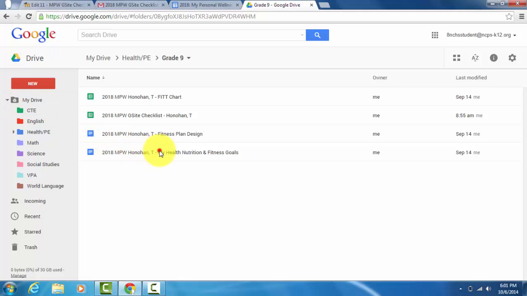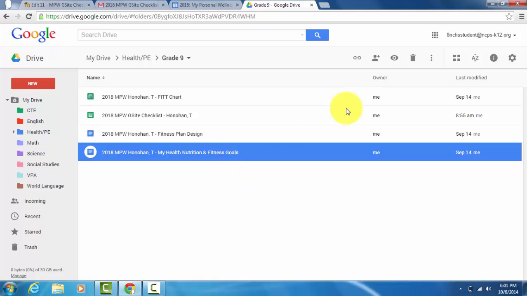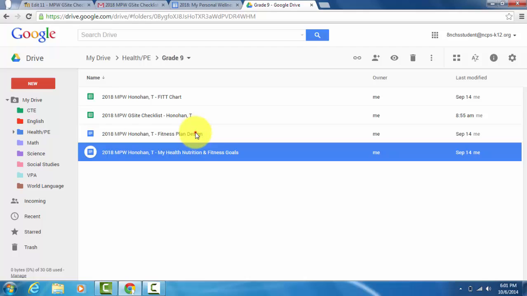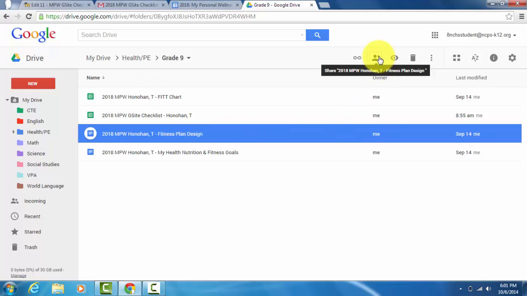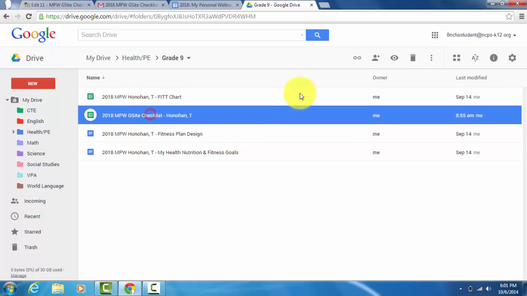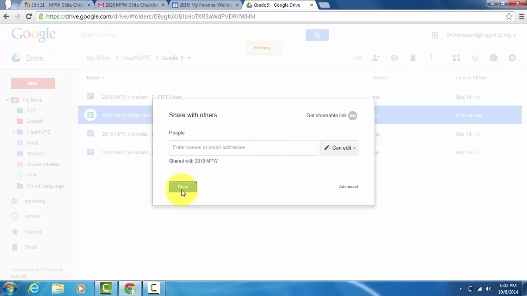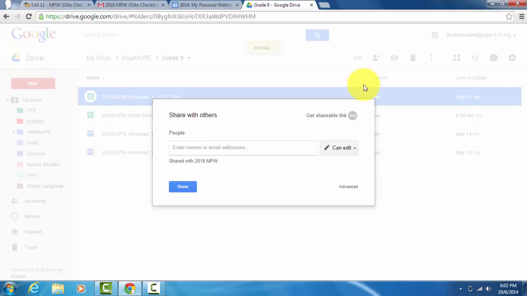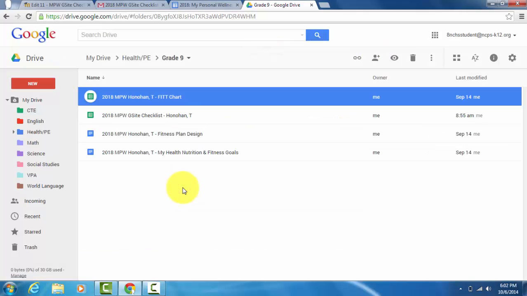So what you could do is click on an individual file and then click on Share, and you can figure out if it's shared with the right person. In this case, every single document should be shared with 2018 MPW. If you don't share it with us, we can't actually give you a grade. So I would just go down and see it's been shared with, click on that, again 2018 MPW, and do this for each one of your documents to make sure that everybody that we think should get it, which is 2018 MPW, is actually able to see it. Because if you don't share it with us, we can't give you a grade, and that's it for that particular one. And again, you do not want to share it with NCHS